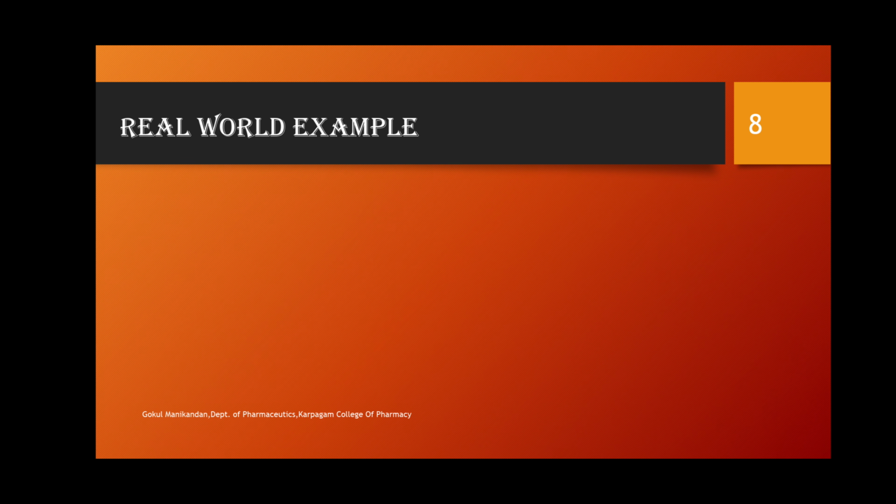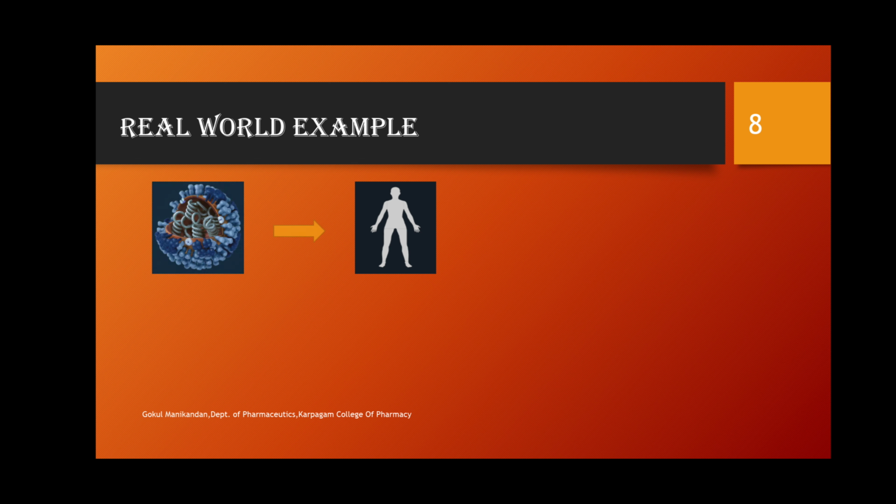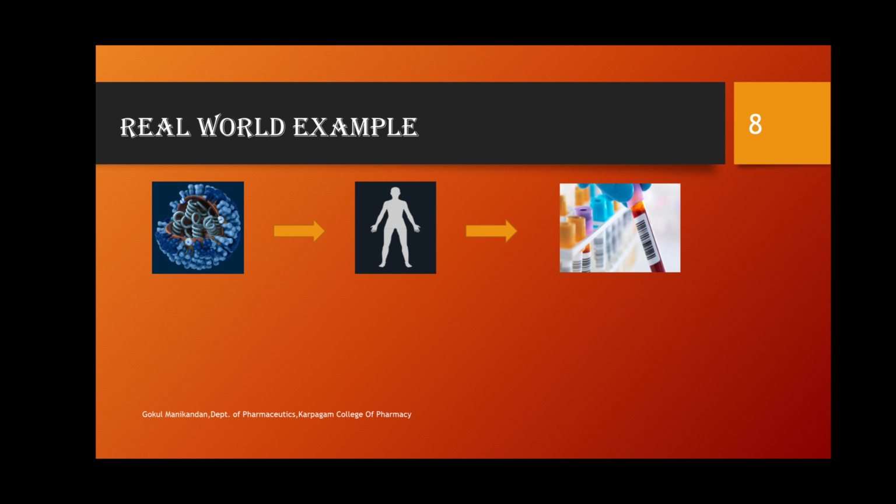Next, let me give you a real world example. Here, a person is suspected to have been attacked by a virus. In today's scenario, let's take it as a coronavirus. How do we find it? We take the blood samples from him, but the problem here is we do not have enough DNA fragments to detect the virus present in the blood sample. So what we do is we provide the blood sample into the PCR machine, and the process happening in the PCR machine is very simple.